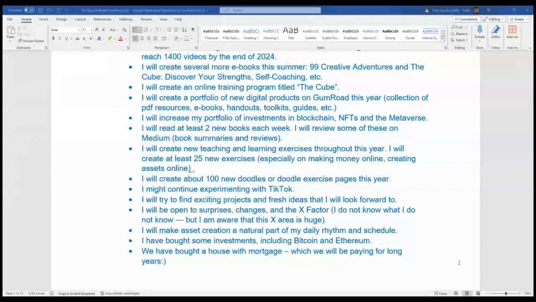So you use your imagination to think about your future self. What would your future self tell you about what to create in terms of assets? My future self tells me that I should be writing on Medium every day. So I'm doing that. And my future self tells me that I should be creating YouTube videos every day. So I'm trying to do that as well.